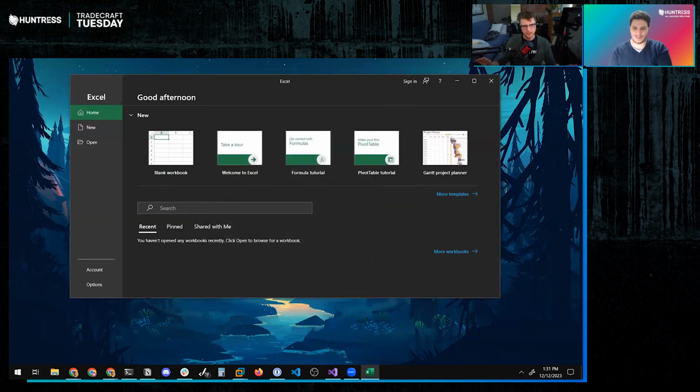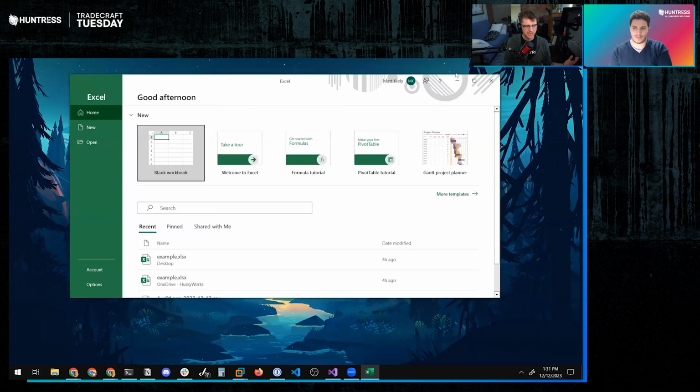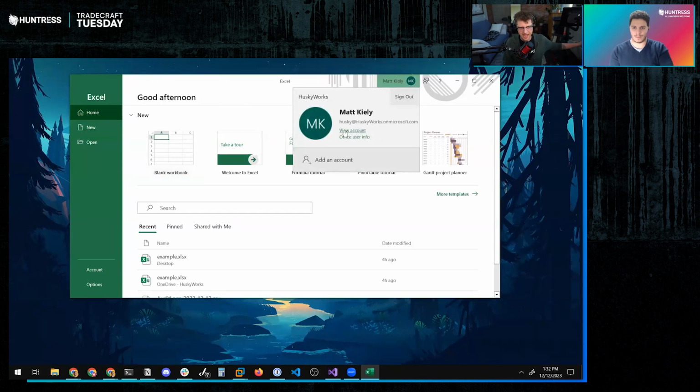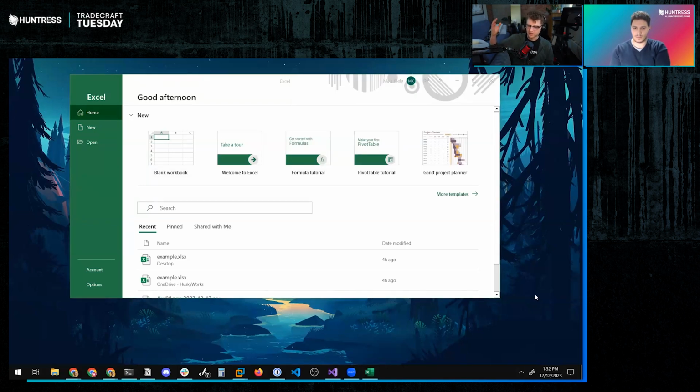So let's say that I've authenticated, and as part of my daily duties, I am just using Excel as Husky at huskyworks.onmicrosoft.com. Let's say that we've got a cybercriminal, and again, for the purpose of demonstration here, let's assume that I've also been phished and I now have some kind of C2 agent running in my environment. And so I have been owned. However, at this point, the adversary has not compromised any of my identity-based anything. They've just gotten access to my endpoint. And so they're now looking around for their next move. I wrote a tool in C# for this called Sharp Token Finder.